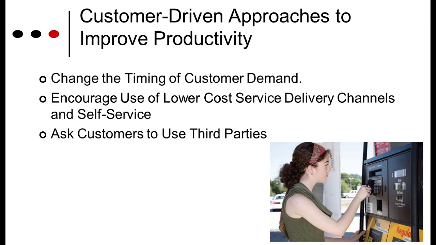They do not have enough service personnel to cater to all the customers between, say, 6 to 9 or 9 to 12 peak hours. Then you can ask them to come between 2 to 4, when you know your service people are actually free and they can handle those extra customers. Change the timing of customer demand. Encourage use of lower cost service delivery channels and self service. What do you mean by that? You make them go on to cost effective channels, provide internet services apart from your offline services,